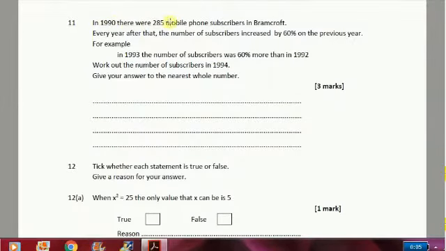It says in 1990 there were 285 mobile phone users. Every year after that, the number increased by 60% on the previous year. So work out the number of subscribers in 1994. So if I write down the years that we're looking at,